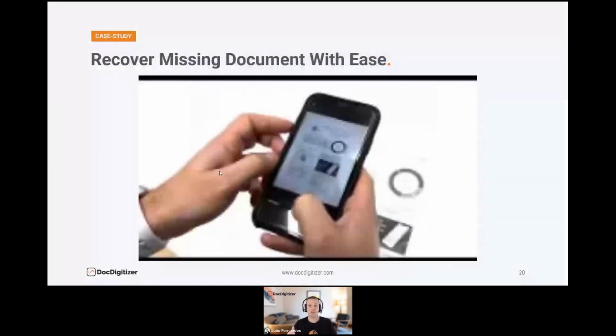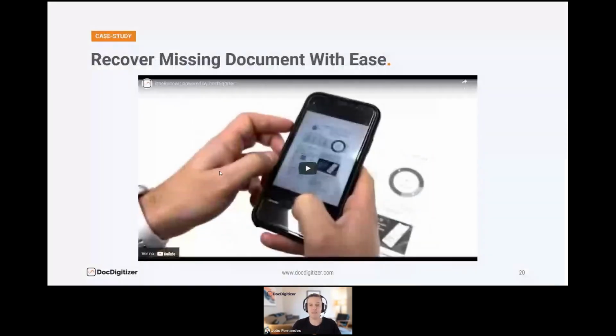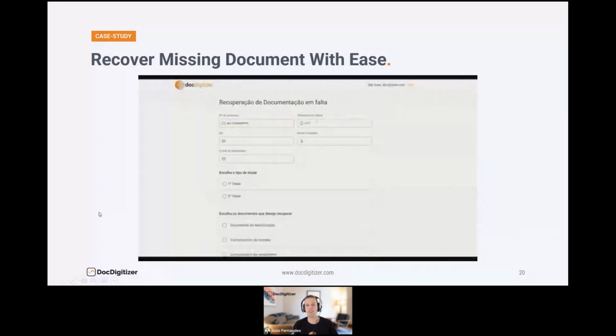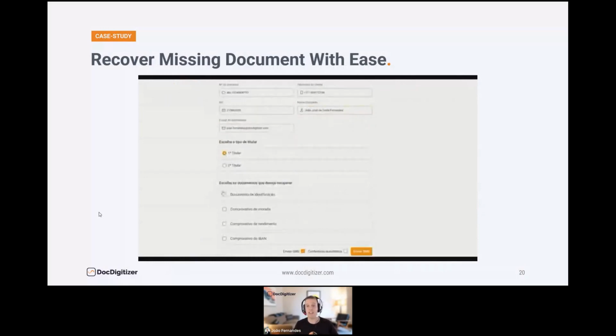Just to give you a very nice example on how this can work in a KYC process in the bank, I would like to show you a very simple solution to recover missing information. So as I mentioned, 70% of the loan requests are not complete, and we are helping banks to reduce the amount of time needed to recover those processes.